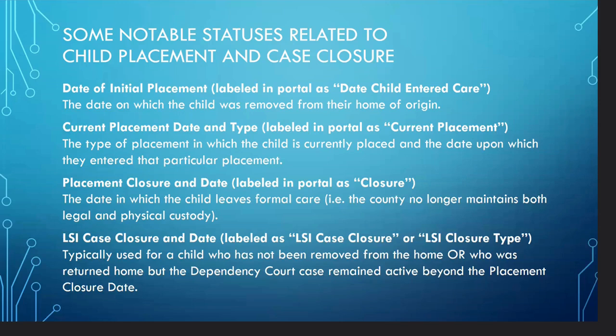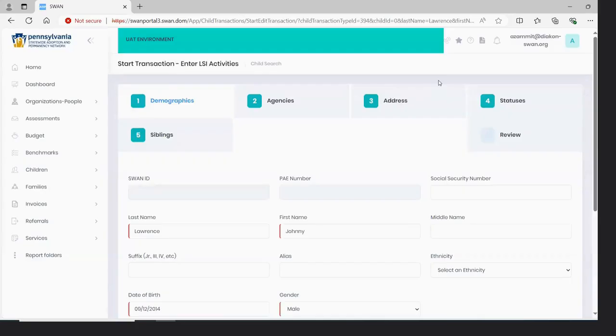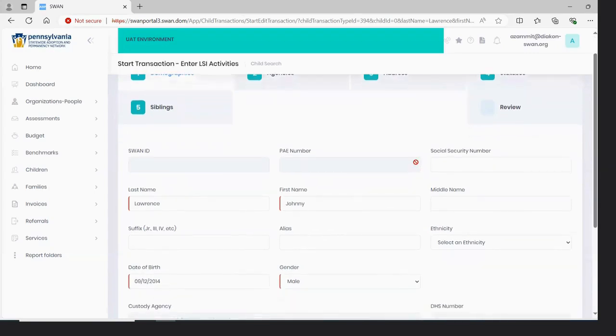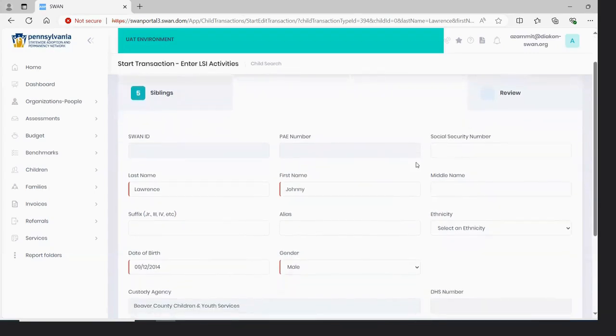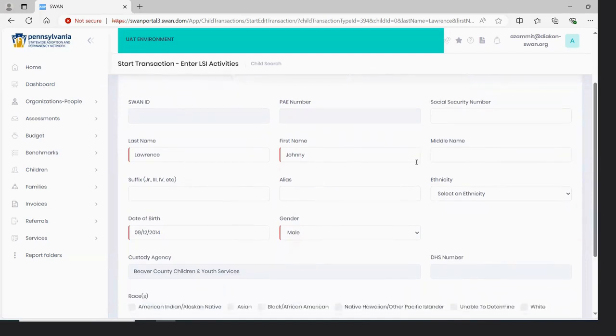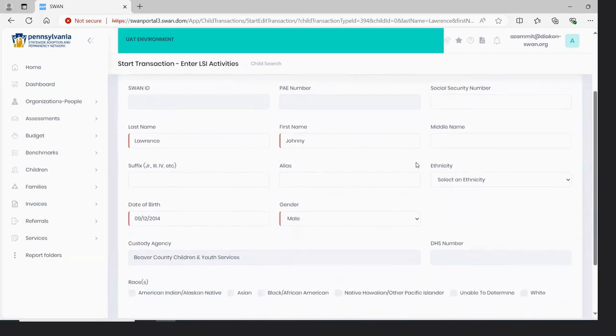Let's take a look at creating some statuses and entering some closures by using an example in SWAN Portal version 3. Here I am creating a new child record for a child named Johnny Lawrence. Johnny was removed from his mother's home on June 1st of 2021, and as the paralegal assigned to the case, it would be my responsibility to create his record. I've already entered his name and date of birth,